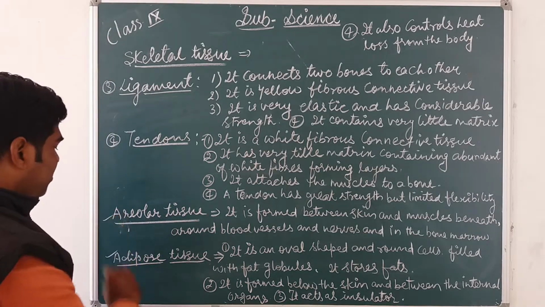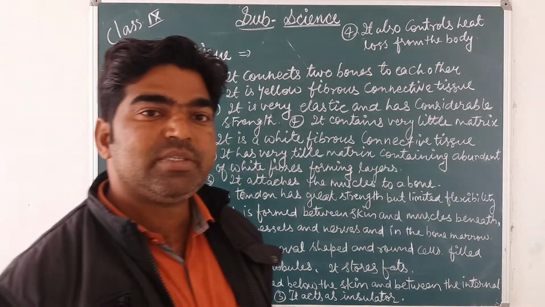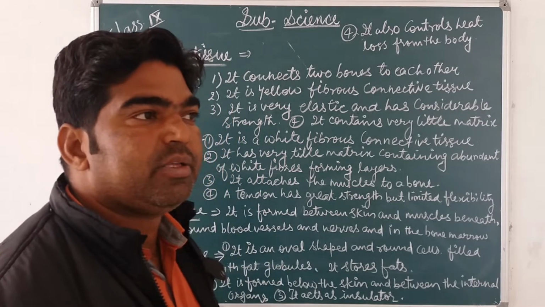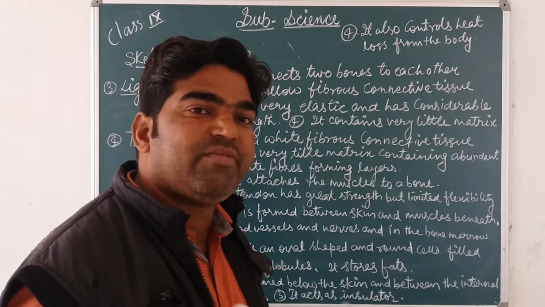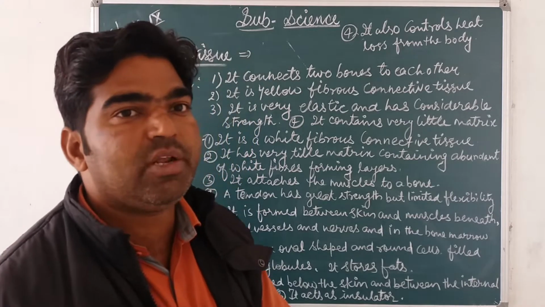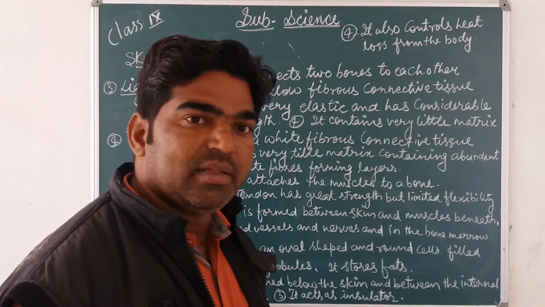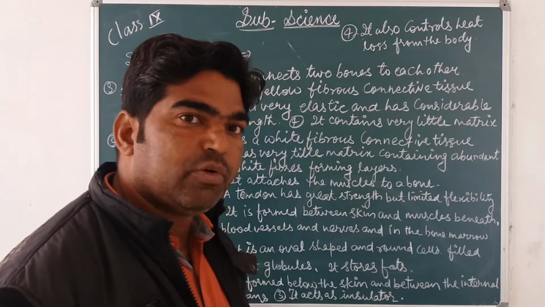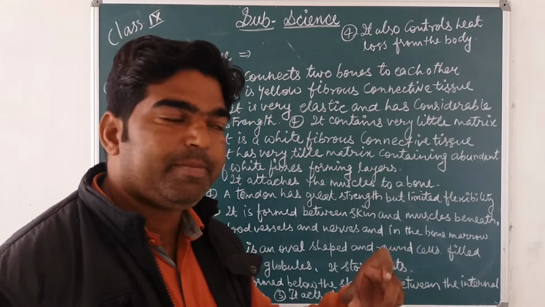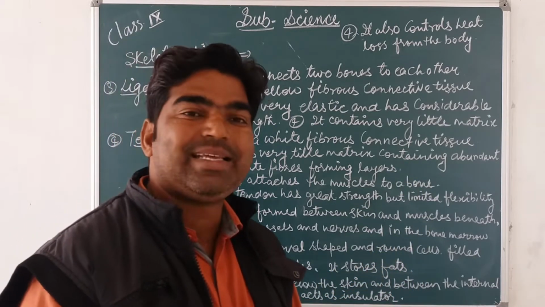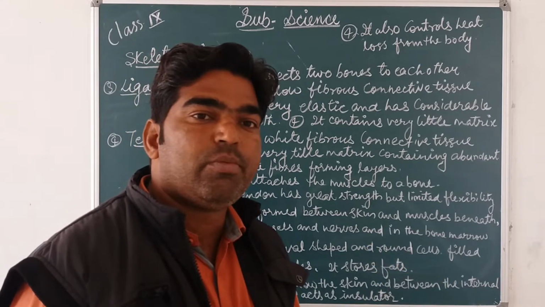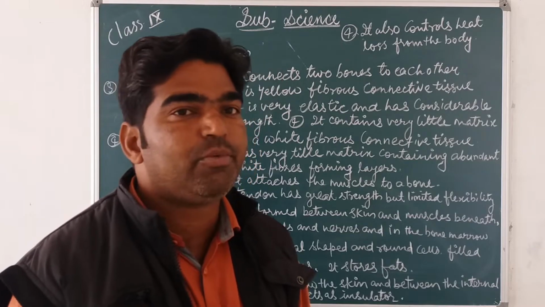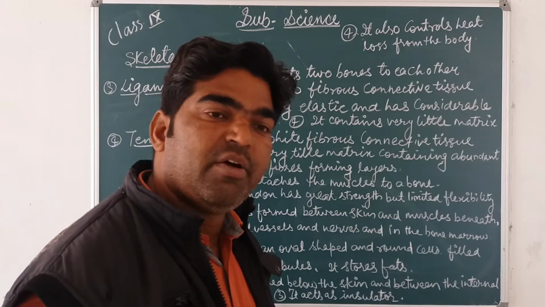Last one is adipose tissues. This adipose tissues means it helps in the storing of fat. Fat globule is there, so it stores the fat and it provides insulation against the heat and cold. So it provides some insulation, है ना? यानी कि हमारी स्किन की जस्ट नीचे beneath जब फैट ग्लोब्यूल्स होते हैं या फैट ज़्यादा डिपॉजिट हो जाता है तो वो एडिपोज टिश्यू में फॉर्म हो जाता है.